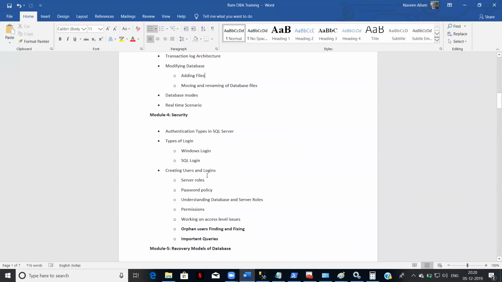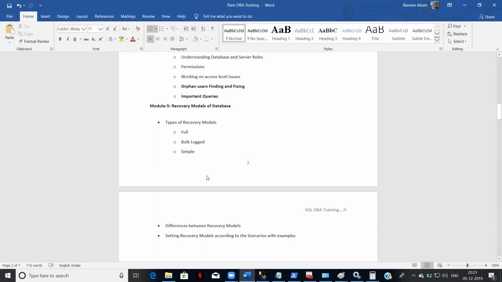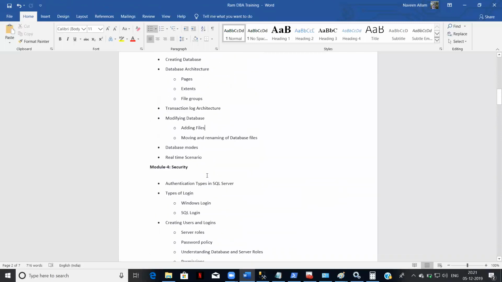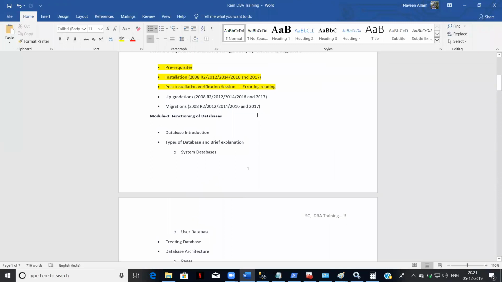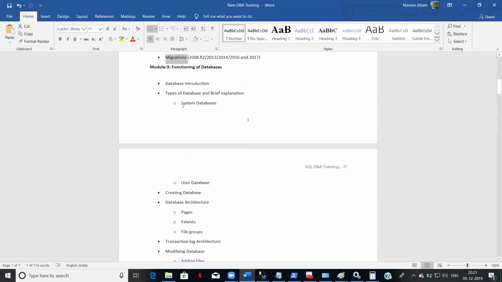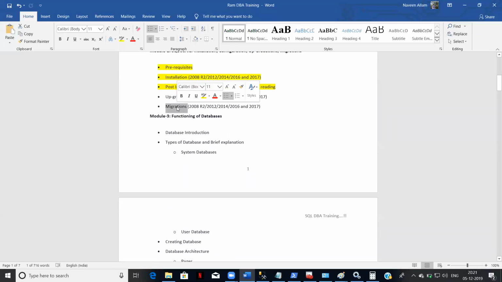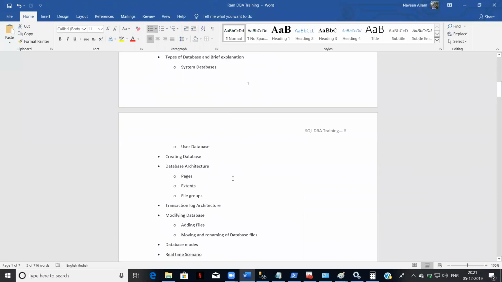Tomorrow I may cover 3 modules if I get more time. The last thing is upgradation and migration. It's not possible initially. It may come toward the ending of our session, maybe after 2 weeks, because it requires additional servers. Even if you want, I'll cover it tomorrow, that's not an issue. But initially, you wanted to know what databases, system databases,